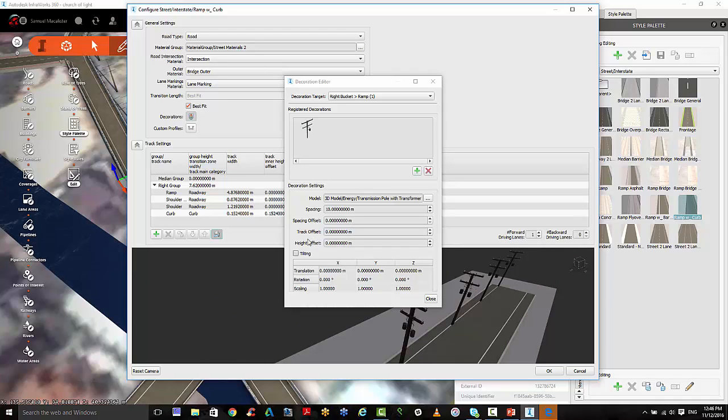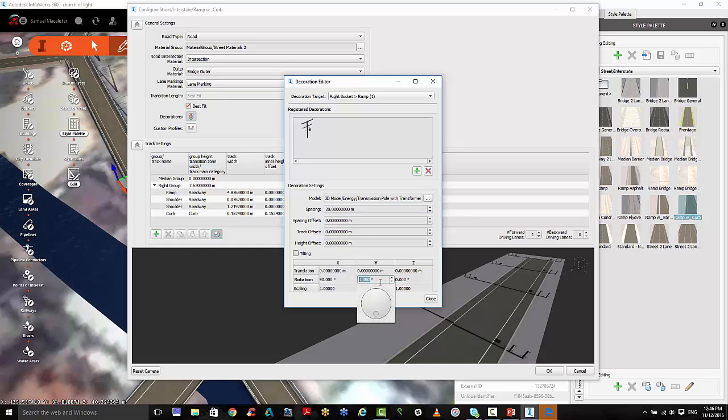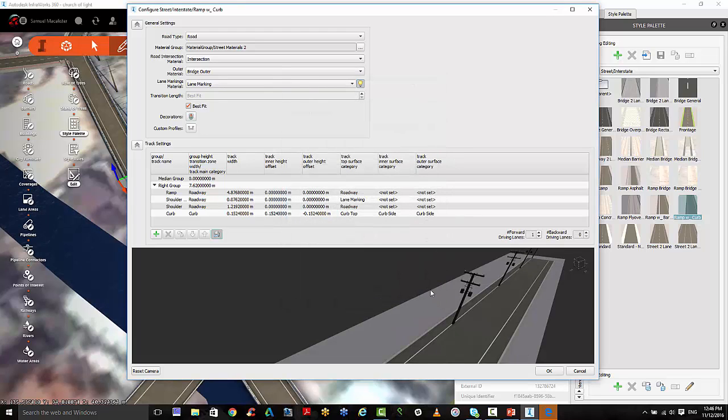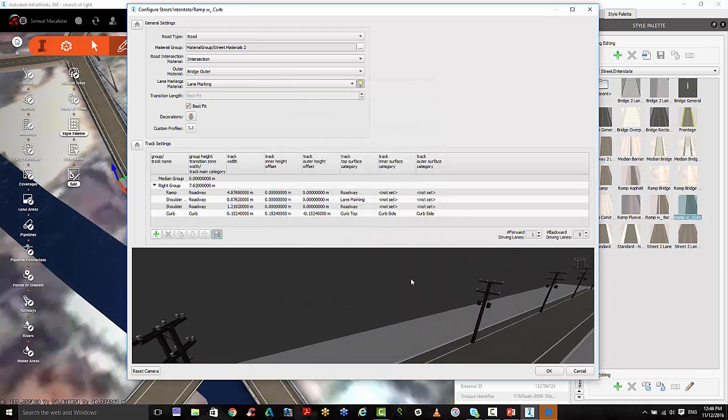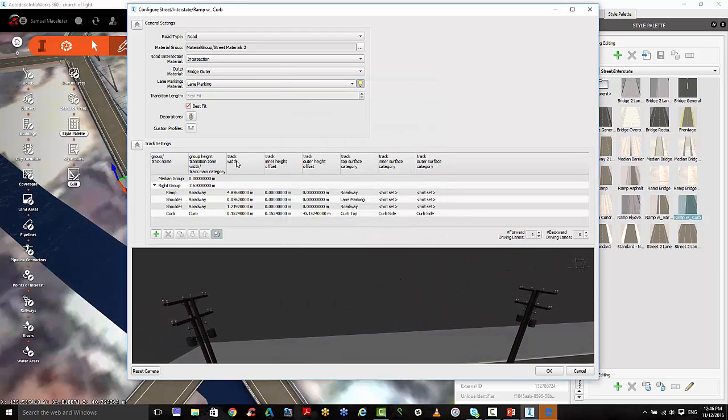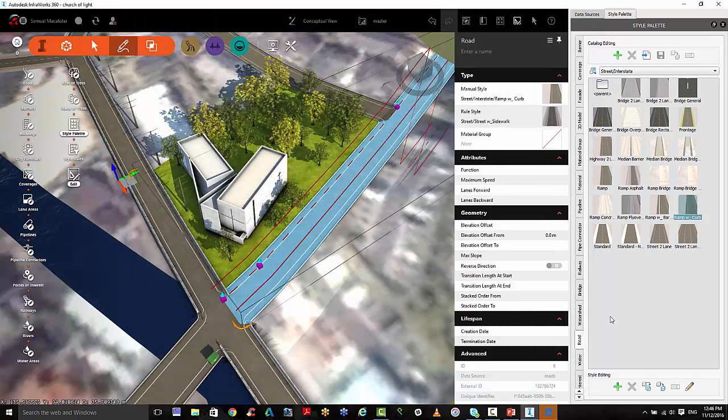So there are height offsets, there's tilting, you can do all this, space it, just the spacing maybe 20 meters, and you can do offsets, rotations, something I was just trying to do before. So you can start to do that, and automatically things will adjust as needed. So this will give you a bit more control, and it will add it to the style. So simply I've added it to the road here, and I'm just going to go back to the design,